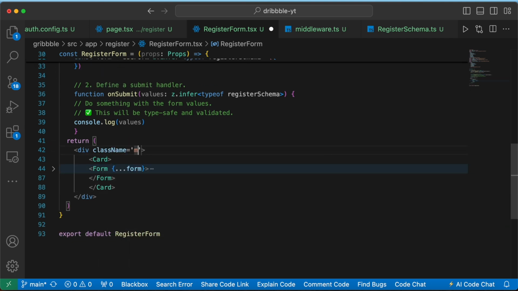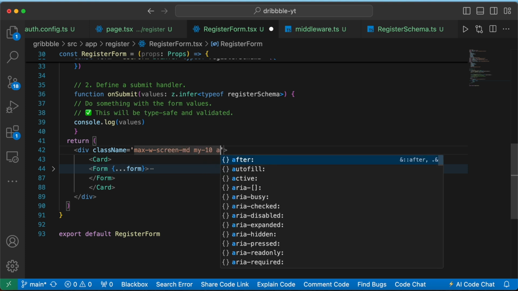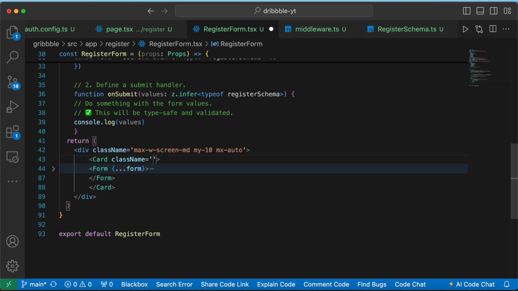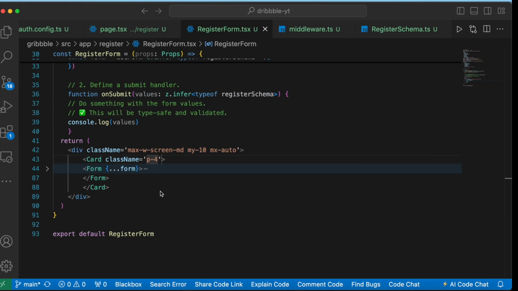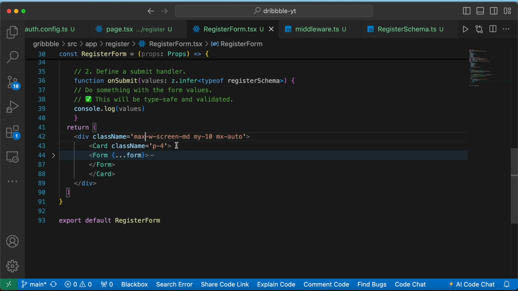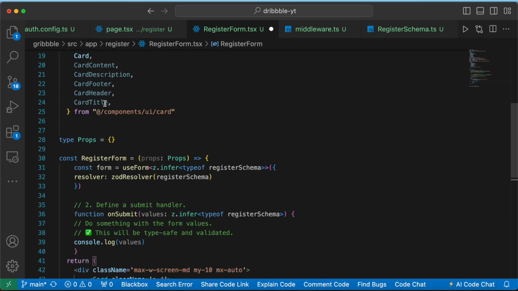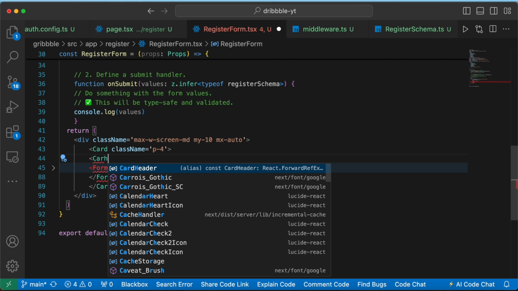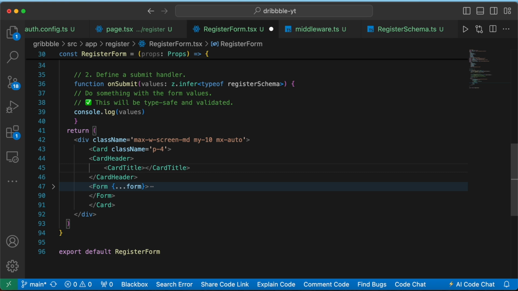Now give this a class name of max-w-screen-md my-10 and mx-auto. Okay, and let's give some padding here so we can add p-4. Okay, so this is looking good. We have username, email, password, and we can add h1 tag here inside our card h1, or we can use card header or card title. So I'm going to add card header here inside that card title, and inside this we can write